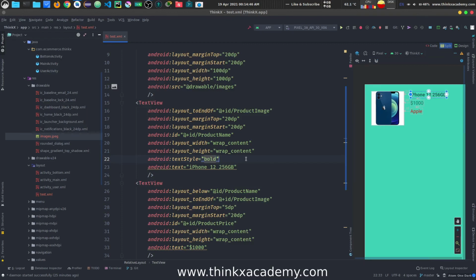You can also make it italic. So if you want both, that it should be bold and italic, you can use an or, a simple symbol like this, and you can specify it like this. So now this will be bold as well as italic, right? So this is how you can actually perform a lot of customizations and all the styling. So this is how you can actually design something.